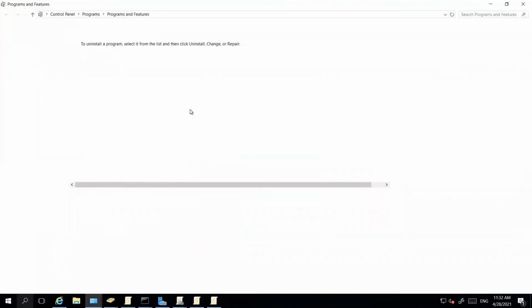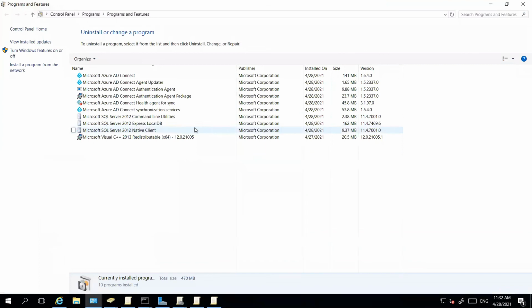So when I install the Azure AD Connect, okay, I had selected pass-through authentication. So here you can see that that particular agent is available. Microsoft Azure AD Connect authentication agent is available here, right?